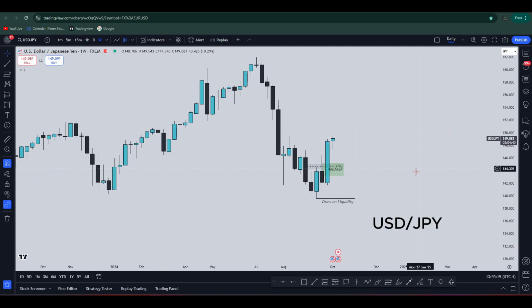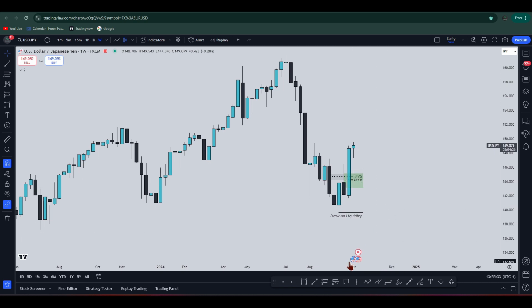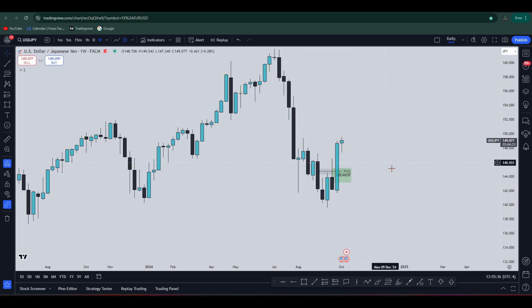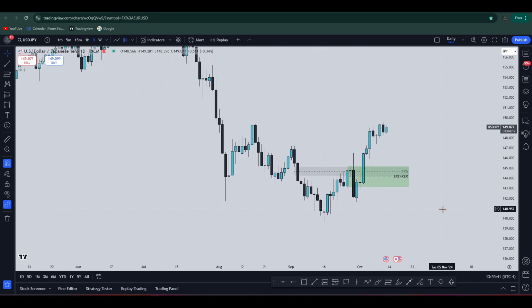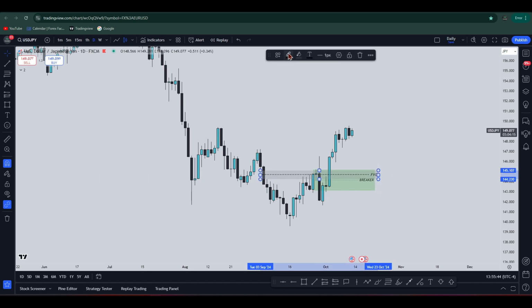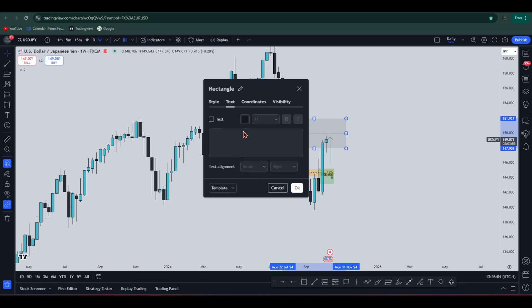USDJPY. I was actually looking at this low. I think 2 weeks ago I mentioned this, but the market literally turned around. I'm not expecting this low to be taken as of now. This is more on the daily. I can see a breaker on the daily and now an inversion fair value gap. So we're pretty much bullish on the daily and weekly as well. I would say we can most definitely hit this fair value gap midpoint, most likely.